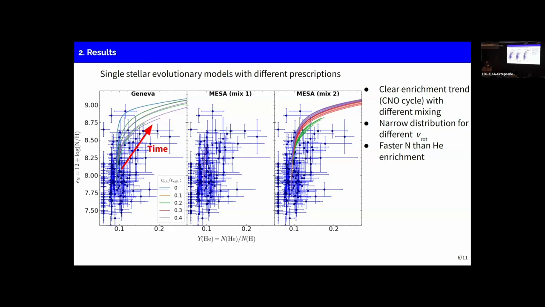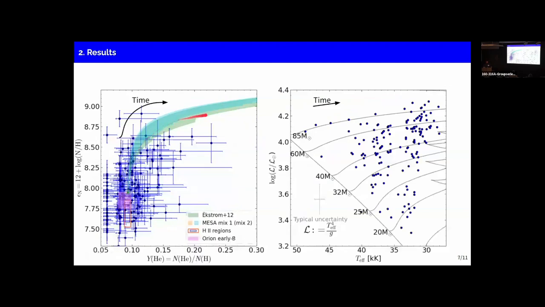For the sake of simplicity, I will summarize all these models with a shadow area in this plot, and I will also add two reference points, which are the abundances from early B stars in the Orion Nebula and HII regions. And we see that most of the stars follow the trend of the theoretical predictions, but there is an interesting group,